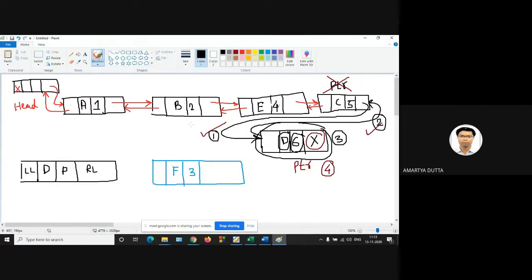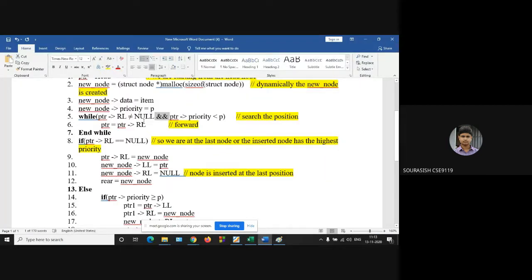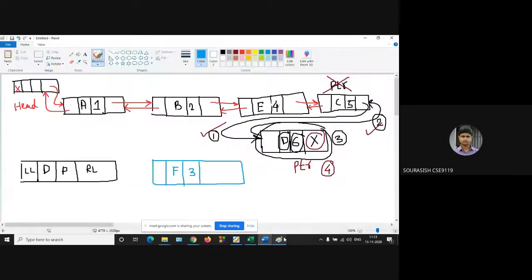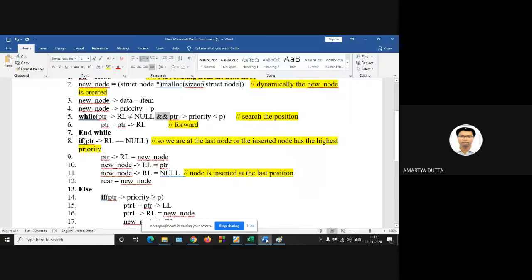Now, how to insert this F? After the while loop is totally executed, the PTR pointer will be at E.